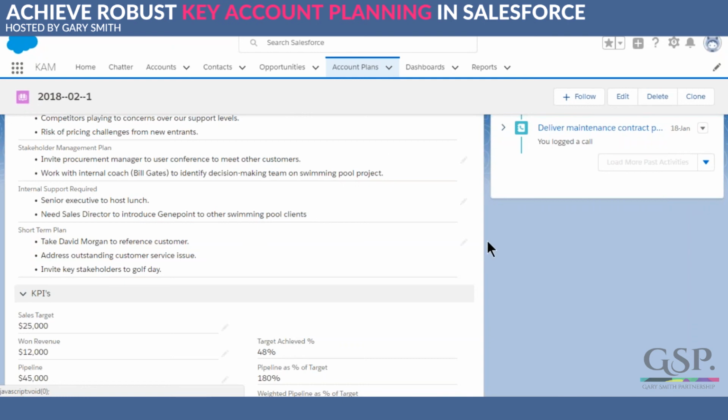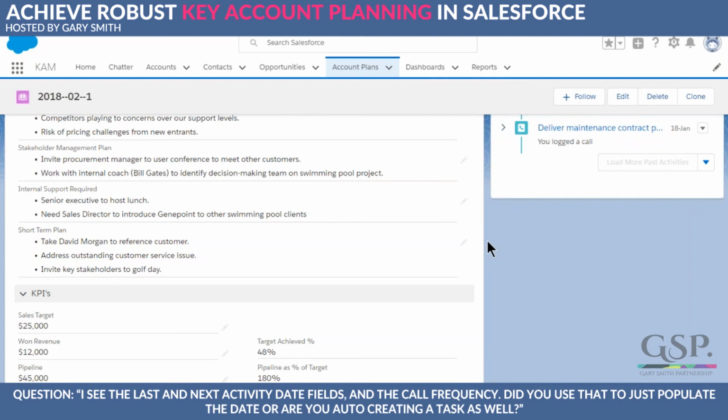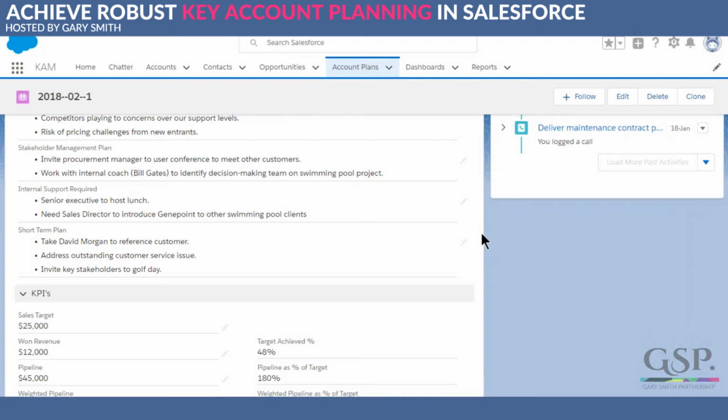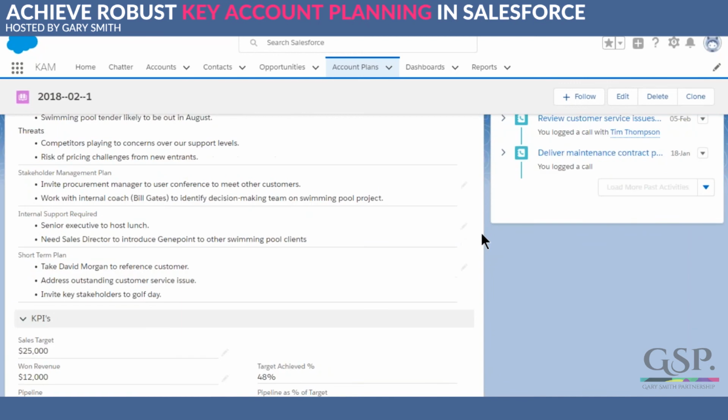Yep, we've actually got another one as well before we move on. I see the last and next activity date fields and the call frequency. Did you use that to just populate the date, or are you auto creating a task as well? We are not auto creating a task. No, what we're doing is using the